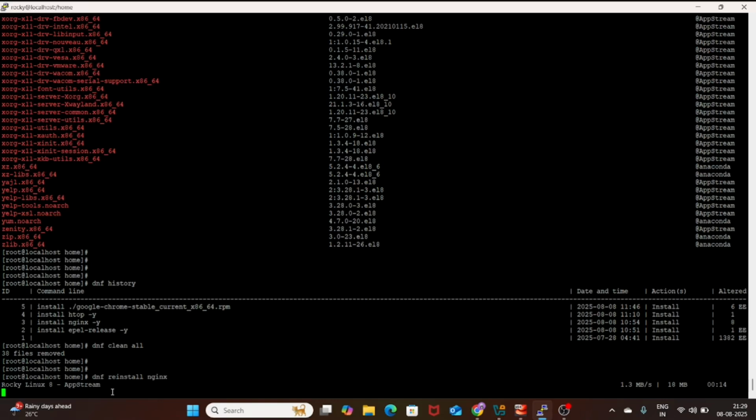So what have we learned today? We have seen how to install a package, how to remove a package, how to get information of a package by using DNF, and how to get the installed list by using DNF, and then the history of DNF, and then cleaning the cache, then reinstalling the application. We have seen these things, and we are left with two things. One is DNF update, and the other is DNF upgrade. So